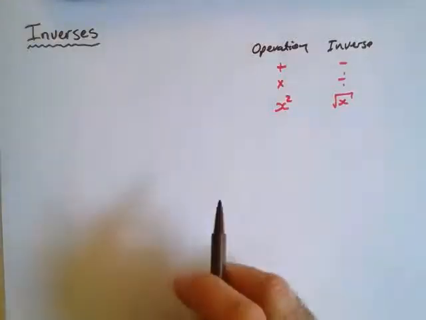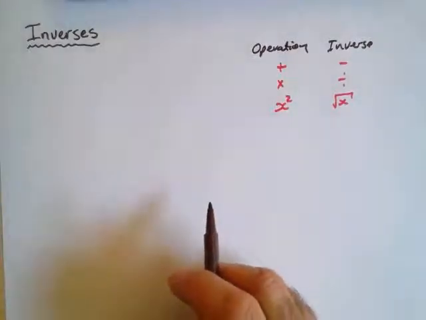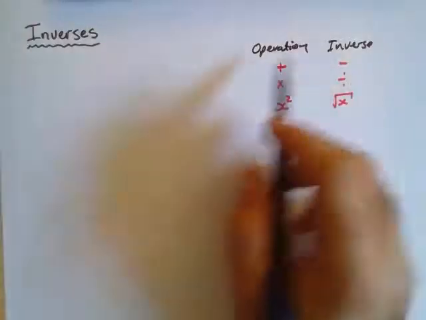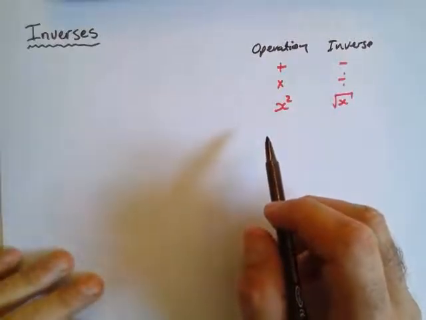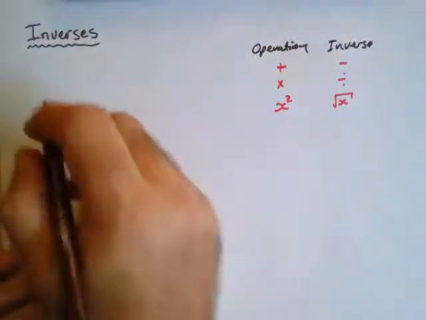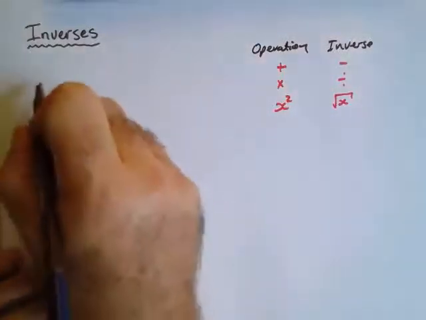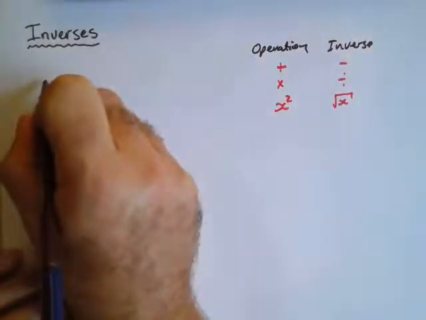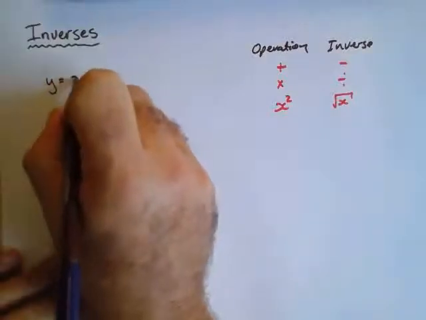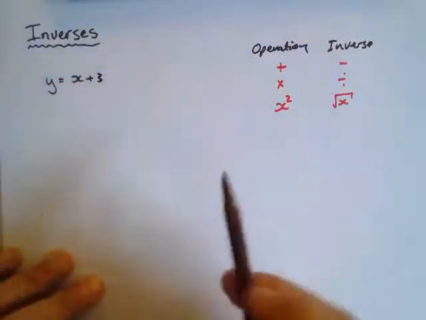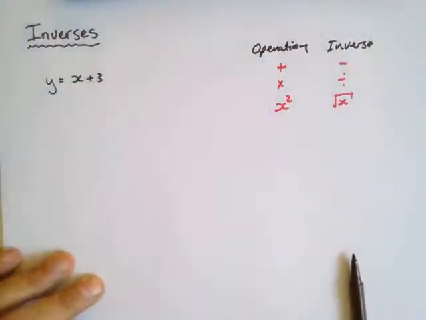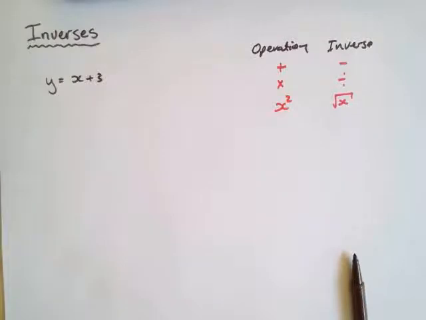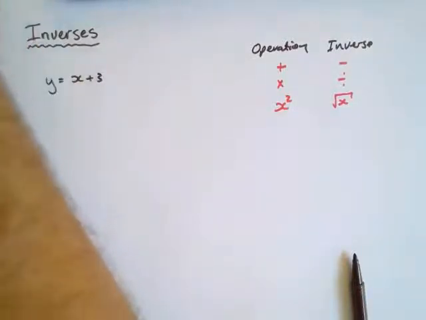The reason we're doing it in this chapter is we want to find what is the inverse of y equals e to the power x. But before we get there, let's just quickly see what is the method of finding the inverse operation, or the inverse function in this case. So if we have y equals x plus 3, the inverse operation of plus 3 should be minus 3. But we're going to have a few steps to do this. And the first step